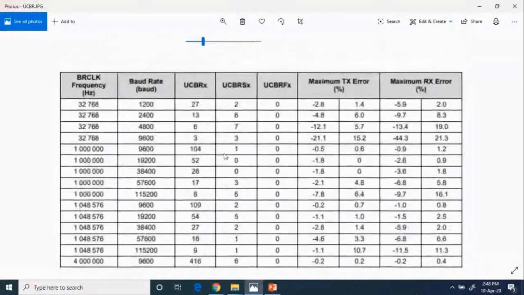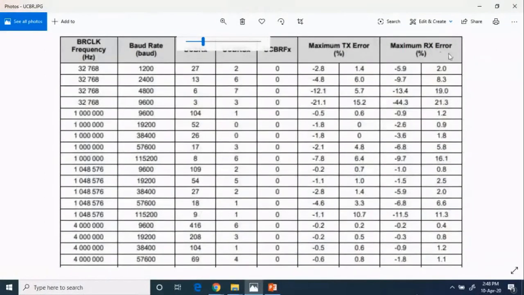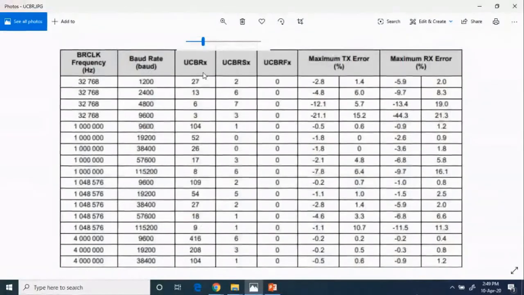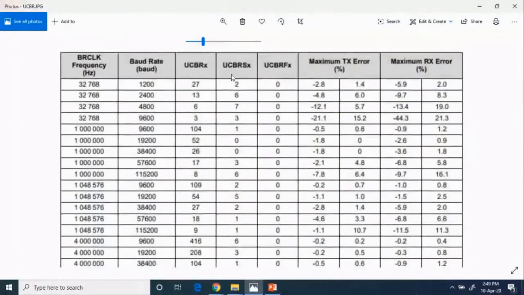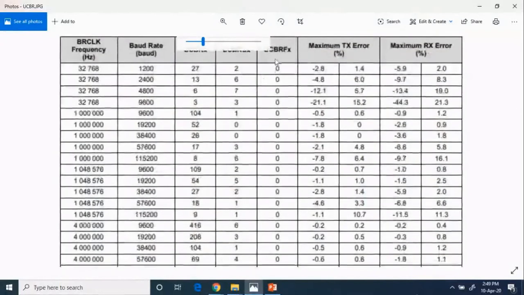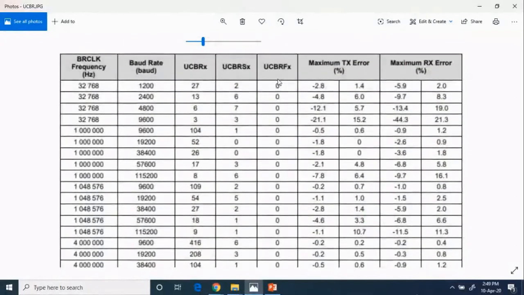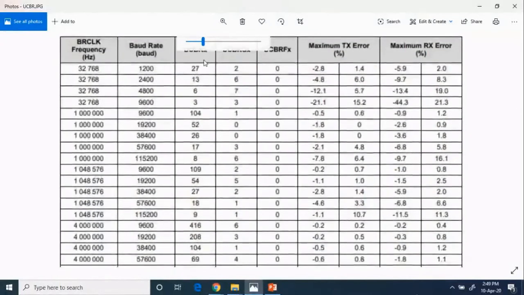See, there are 2-3 things there. First is BR clock frequency; this sector is of frequencies. Second one is baud rate. Third one is UCBRSx, and UCBRFx. This UCBR, we are using here in that program.